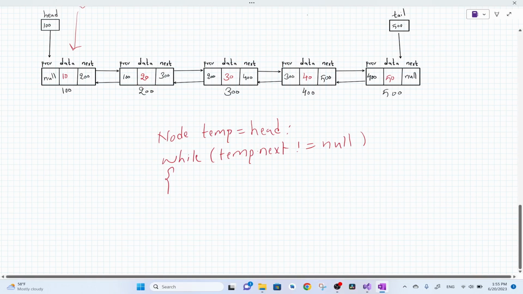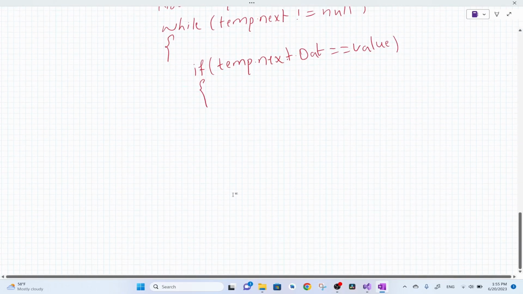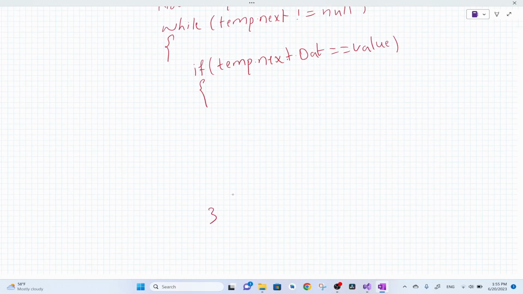We will check that if temp.next node's data, the dot data, equal to value. If the condition is true, we found the node to be deleted. So we are going to delete it inside the if statement. In the else block, we are going to just increment our temp pointer,